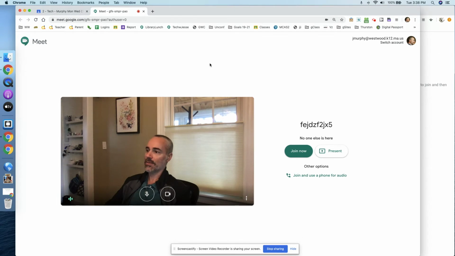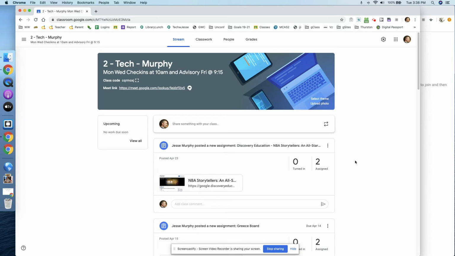So if you're not ready to start the Meet, don't even go into that screen. Once you do start the Meet, you're there, the students come, you have a wonderful class session or advisory. Make sure all the other students leave and that you are the last person in the Meet. And then if you can hang out in the Meet for another minute or 2, that will sort of allow